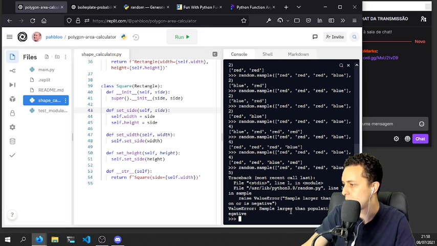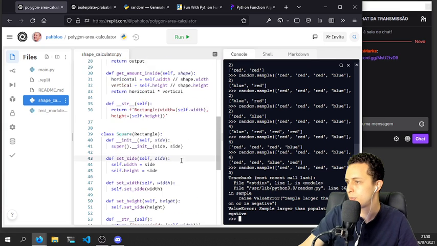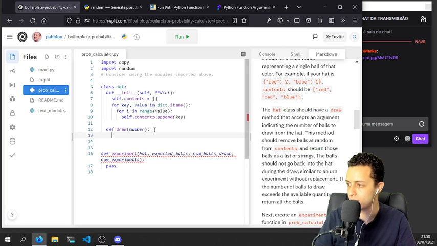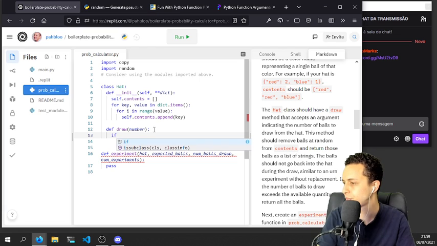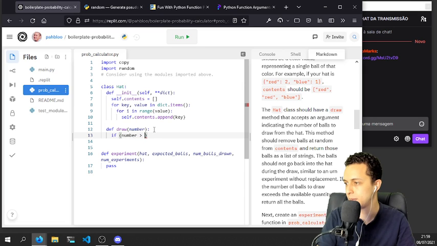Okay, sample larger than population or is negative. So I need to put, oops, I'm in the wrong project. I need to put a condition here. So let's start with this condition. If number greater than, I need to put self here. If number greater than self contents length,